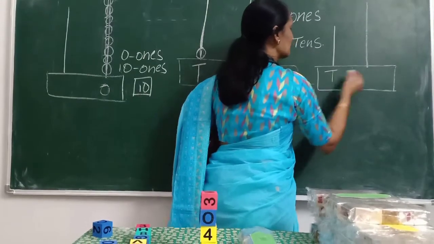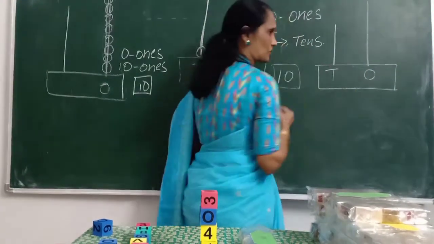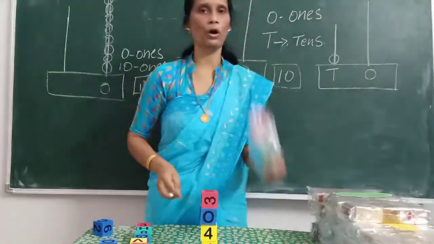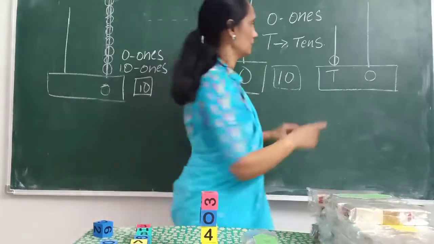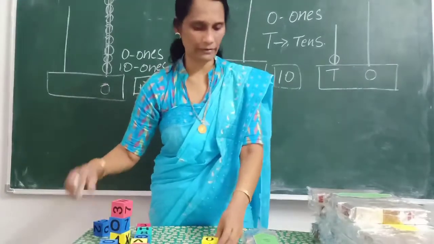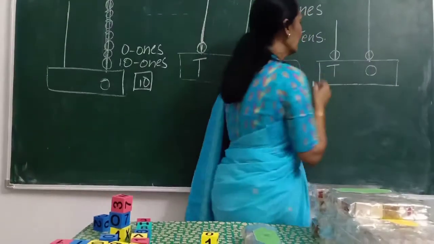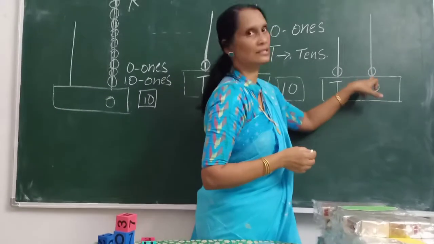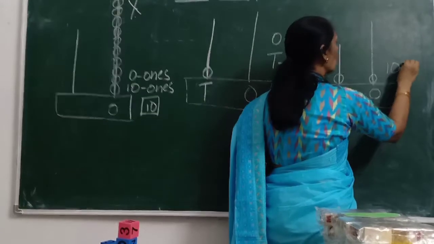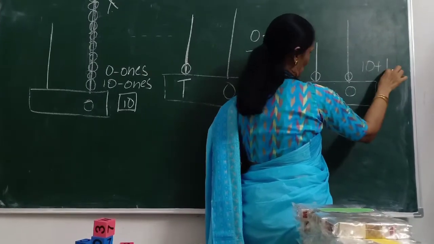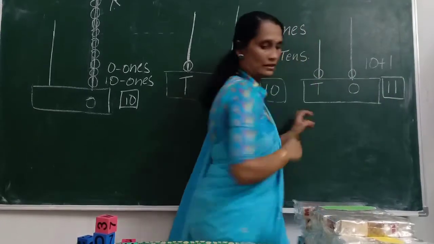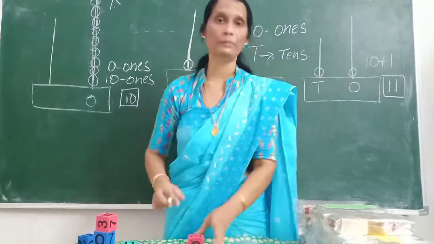this is tens place, this is ones place. So we want to show first 10. This block we want to show first 10. Then how many we need? Single unit 11. So 1. See here 10. This is 10. This is 1. So 10 plus 1. That means 11. So what is the answer? 11.